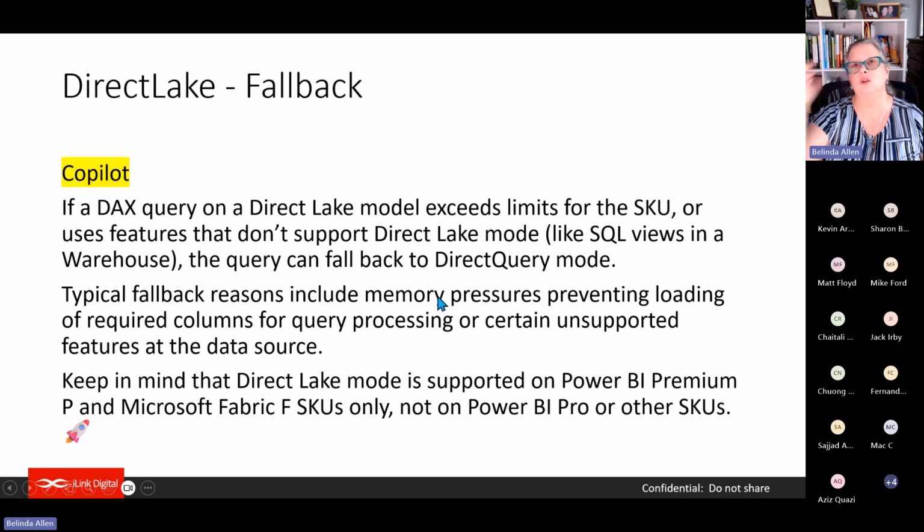Oh, views, thank you. Views are a big one. If you're connecting to SQL data, that's a big one for me because that one's gotten me more than once, Fernanda. If you connect in SQL to a view, it's going to fall back to direct query. So you have to connect to a SQL table and then do some of the cleanup, which kind of goes against Roche's maxim about modeling the data as far upstream as possible and downstream as necessary. But that is a huge one. So that's something to take note of.